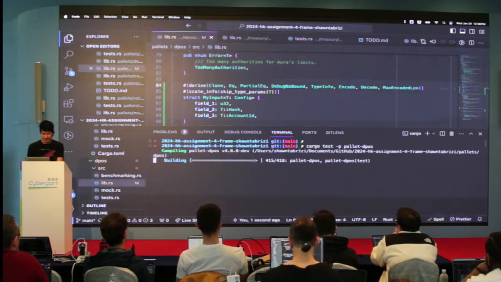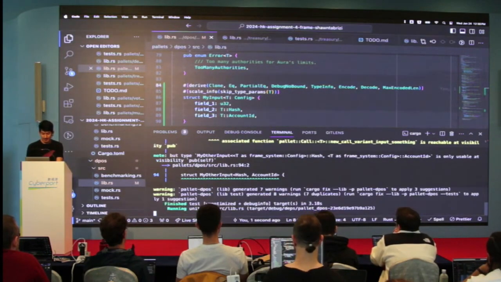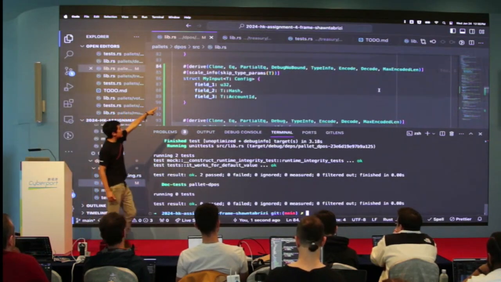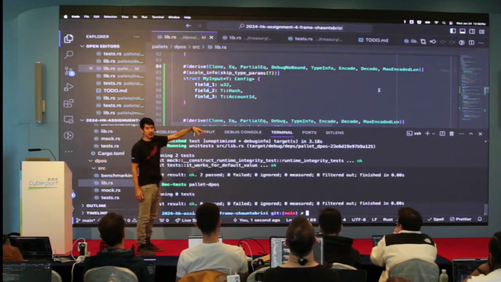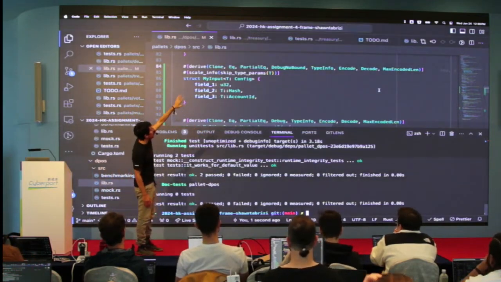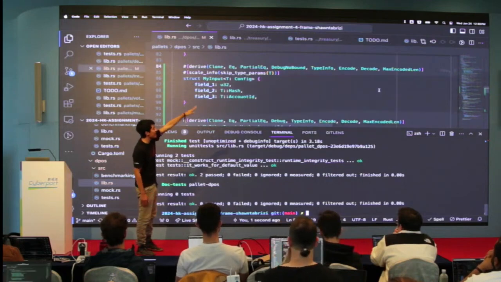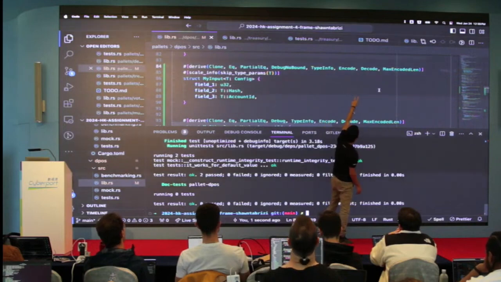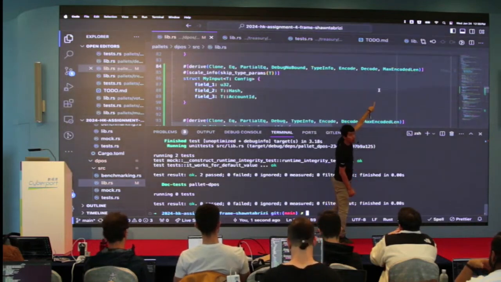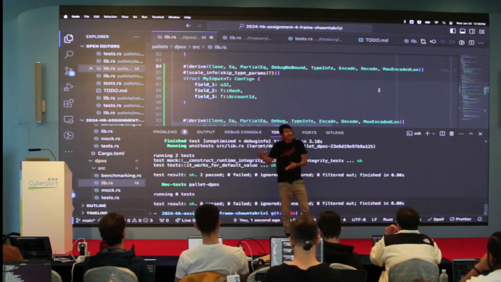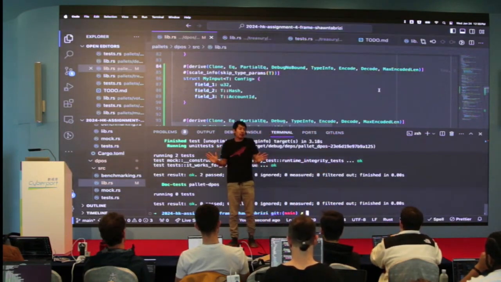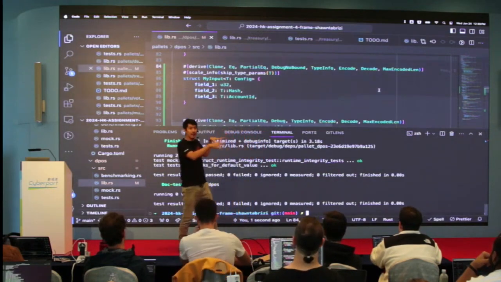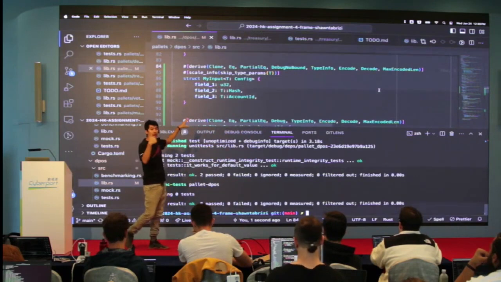Now it will work. Bam. So again, these are exactly the types you should pretty much put on every object that you create. Every object is going to have clone, EQ, partial EQ, debug, maybe no bound, type info, encode, decode, max encoded length. And these ones are really the substrate-specific ones. This is parity scale codec, that's for metadata. That's for storage. Practically speaking, the error messages tell you this right away. I know it's not that intuitive, but now you know. Copy and paste this line. You can now have objects which can be used in parameters and in storage.